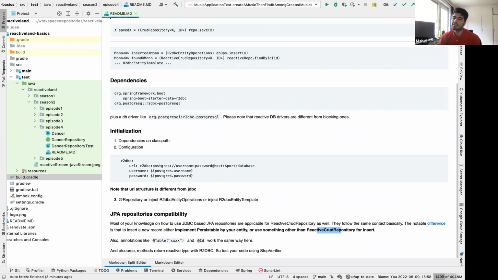It's exactly the same as JPA. The problem that you mentioned with JPA is the same here. If you have an ID, it doesn't know if it's new or an update, so it tries to update it, and your database says there is nothing to update. So yes, exactly, you are right. I think the reason they don't solve it here is to keep it as similar as possible to JPA